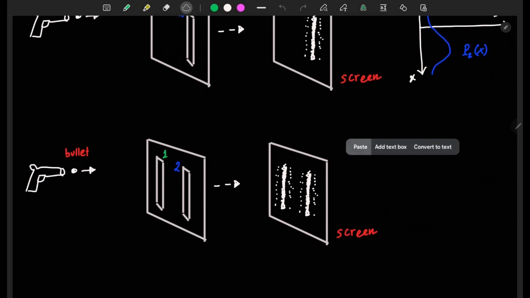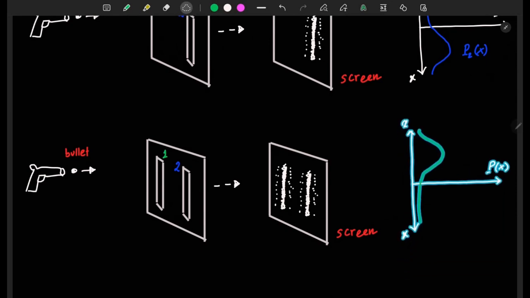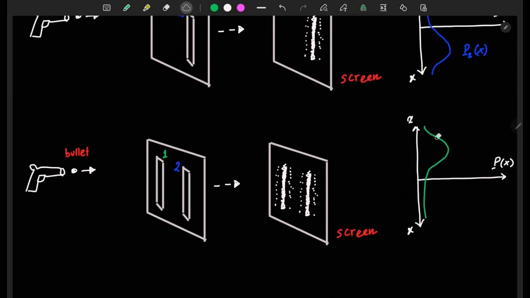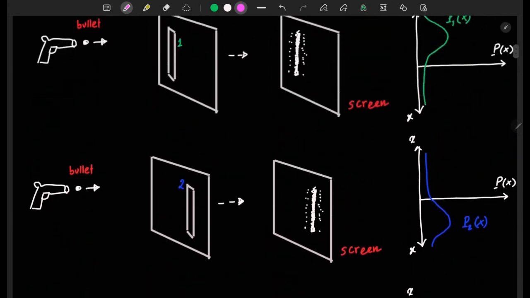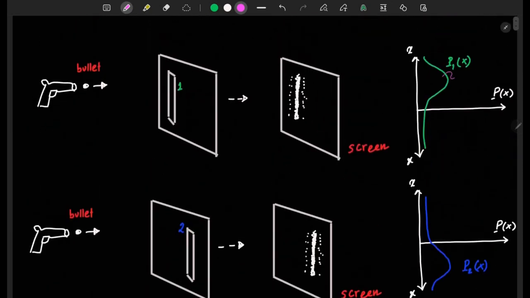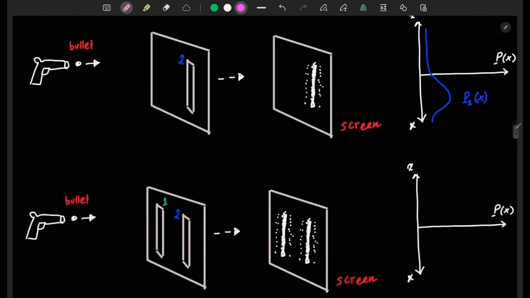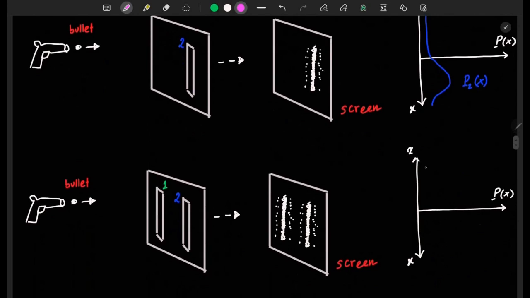Let me just again paste my previous graph here, and I want you to again try to guess what kind of a graph it would be. Let me give you the answer. It's going to be an average of the two, right? Basically you take the two together, join them to make one single experiment, two slits, you end up with a distribution that looks like this. Basically a combination of the two will give you